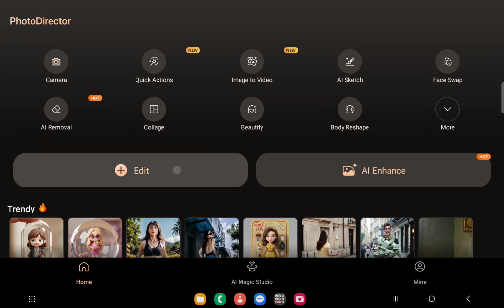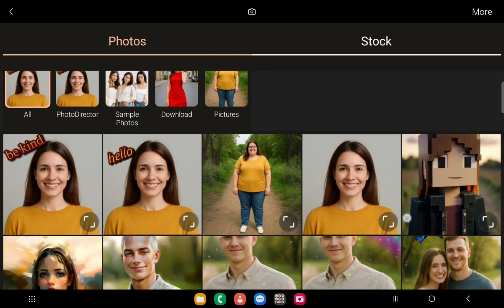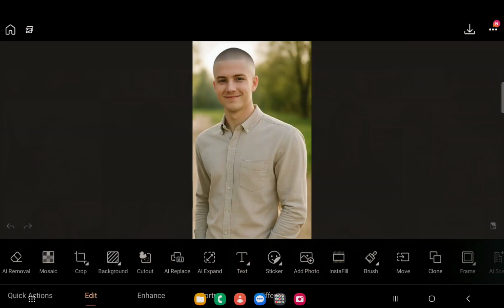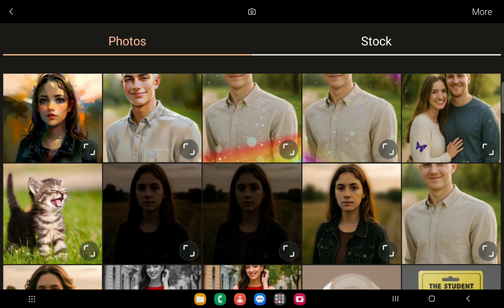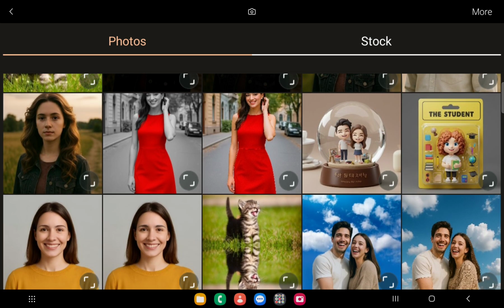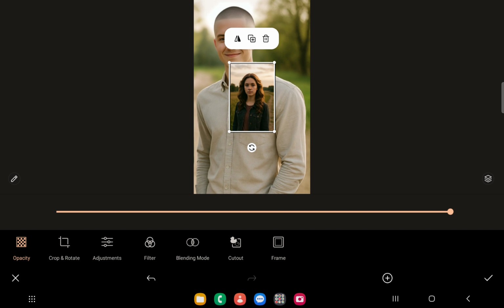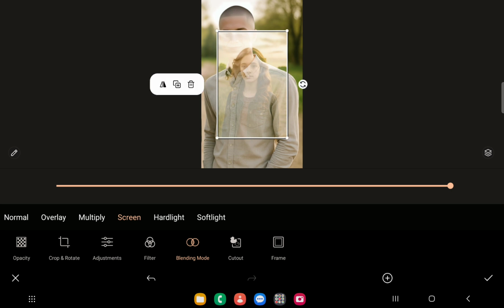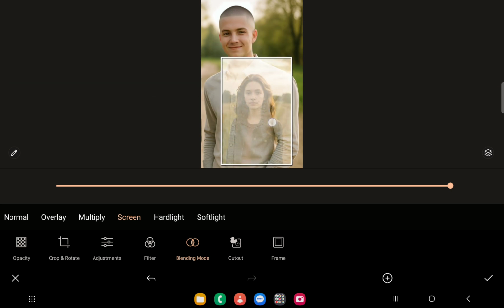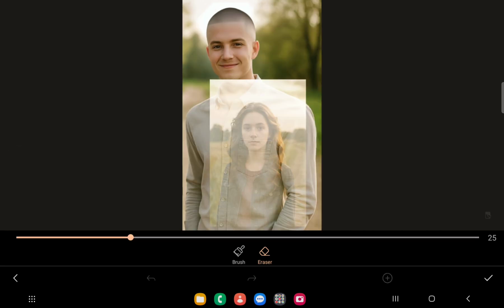Open the app, tap Edit, choose your original image, and then add the photo you would like to use. We will use this one. And then you have to click on blending mode and screen. This way it will be more artistic, and your task is to click on the pencil here, and you can